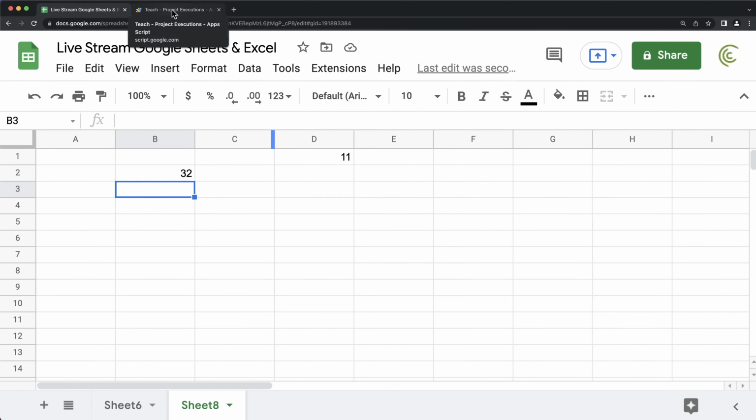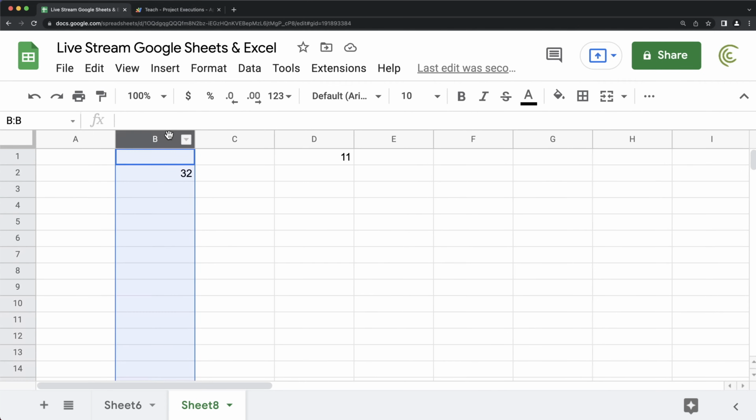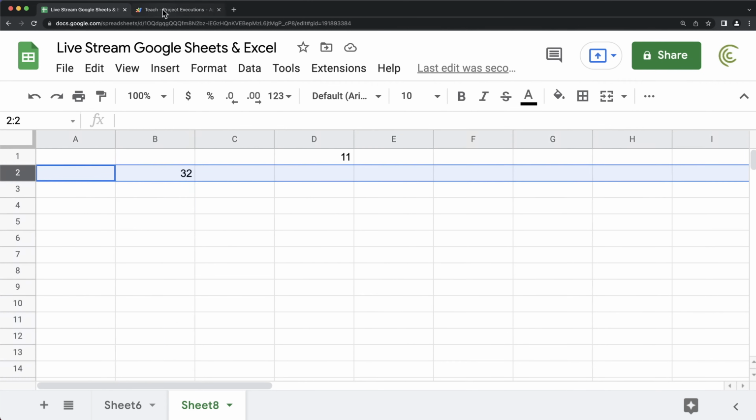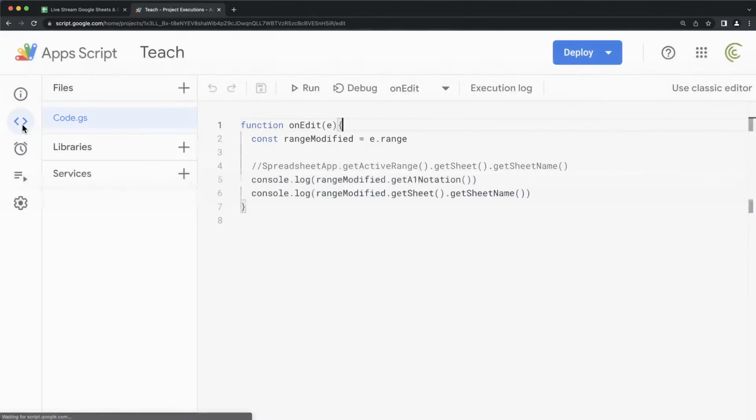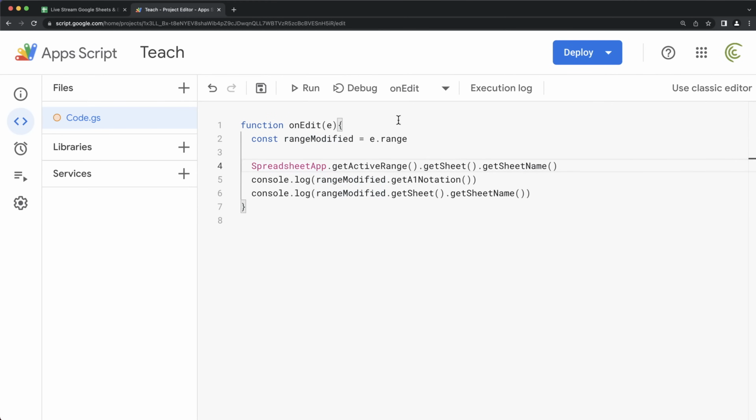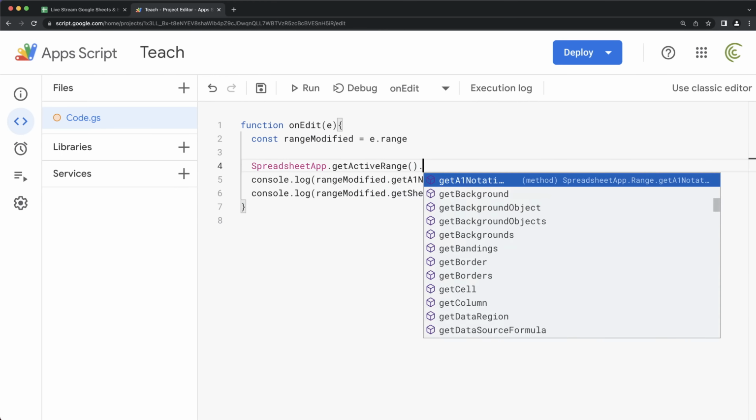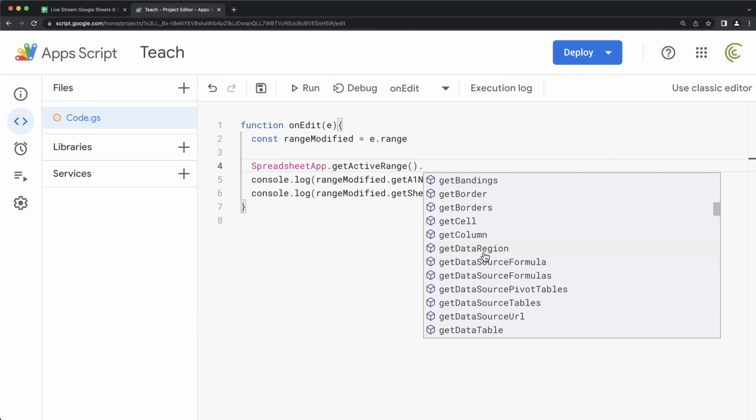Now, in addition to seeing the cell that was modified, we can also get the column number and the row number that was modified. Again, basically anything you can get out of a range, you could get out of this range modified. So I could keep going back to this. And if I remove this part where I did this get active range and do dot, anything we see here, we can get, basically. So if you look here, for example, there's get column, there's get border, there's get background. So for example, if I do get column,